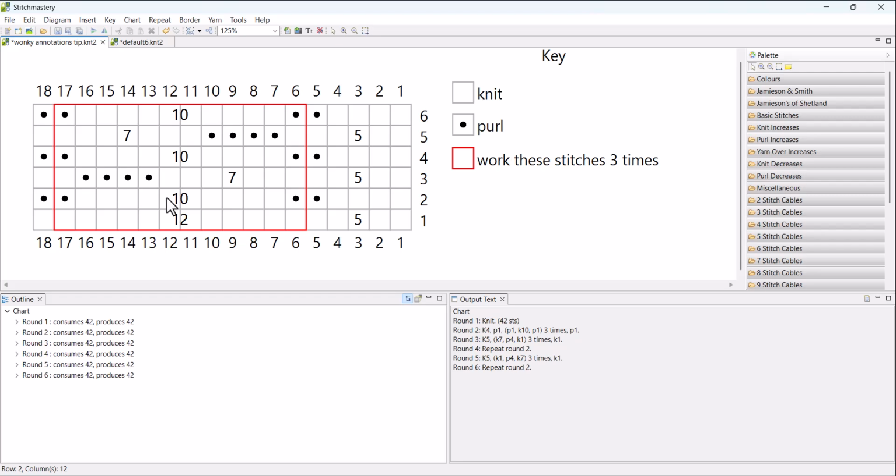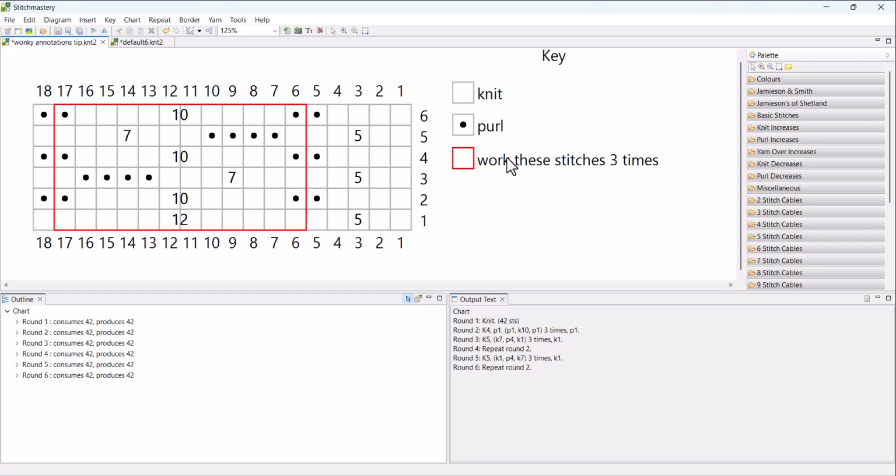What Stitch Mastery doesn't do is to total up all of the stitches in a repeat. So you might be expecting it to show 36 here because we've got 12 stitches that are to be worked 3 times. The reason it doesn't do that is because the qualifier can be used to show multiple different sizes.